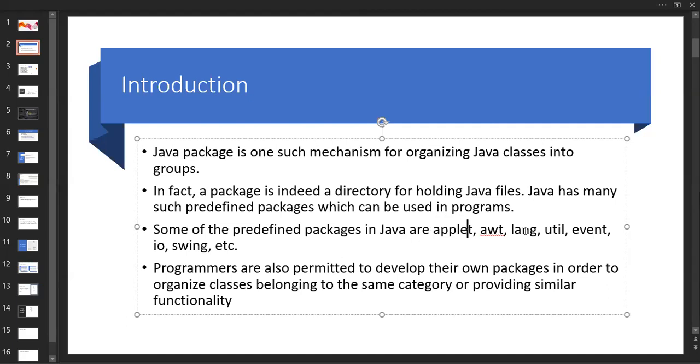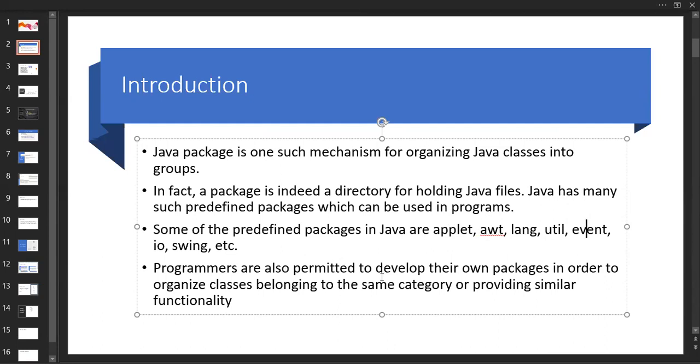You have the util package also, AWT is also available, language and even event are also in your syllabus. So these are the predefined packages available inside Java. Many things are there. For the information point of view, just mention these.